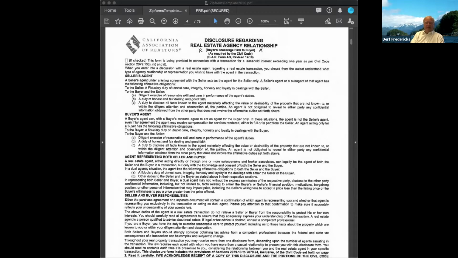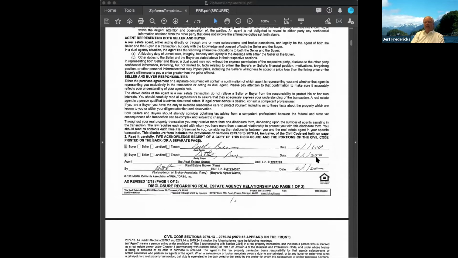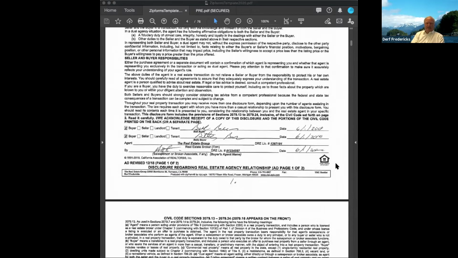If you notice here, it just gives you information, and it's a disclosure on the different types of relationship. But this is a required form. Again, prior to signing any paperwork, this form needs to be signed. And in practice, when we print out a purchase agreement, for example, for a buyer, this will print out with it. And so you'll have this signed at the same time that they have the purchase agreement. Likewise, with a seller, when we're taking a listing, this